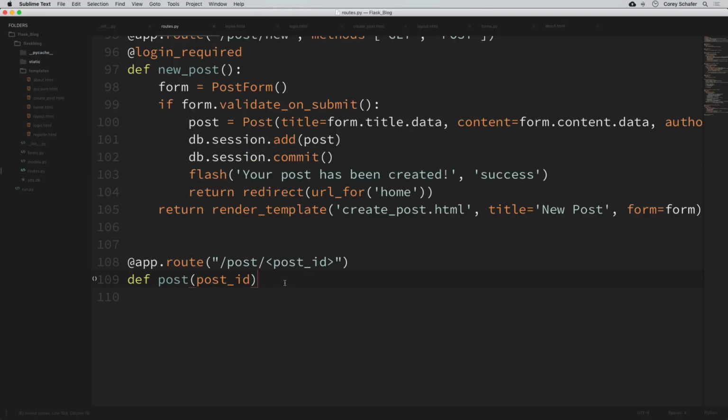And we can actually make these variables even more specific if we want. So for example, you can specify whether you want to expect that the variable is going to be a string or an integer or something like that. Now we're going to be expecting a post ID, and that's going to be an integer. So we can simply come up here and say int: then post_id. Okay, so now within this route,